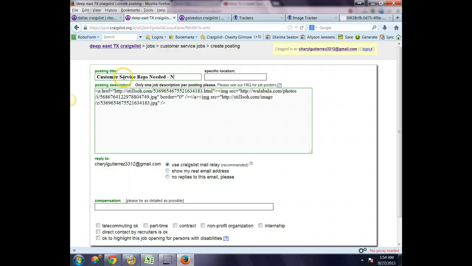Okay. No experience necessary. And for this, I'll just put Deep East Texas. I'm not sure where that is. So I will just put